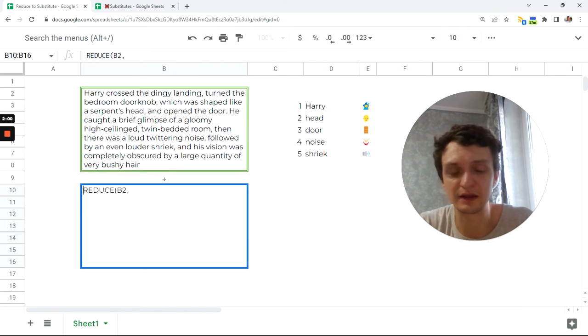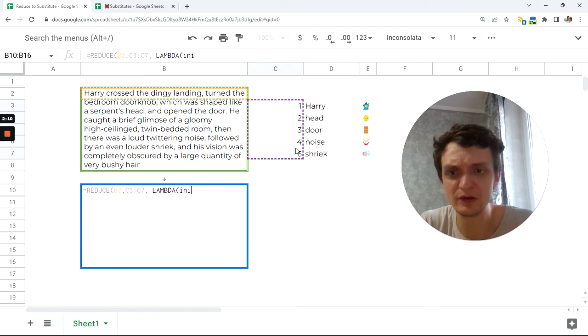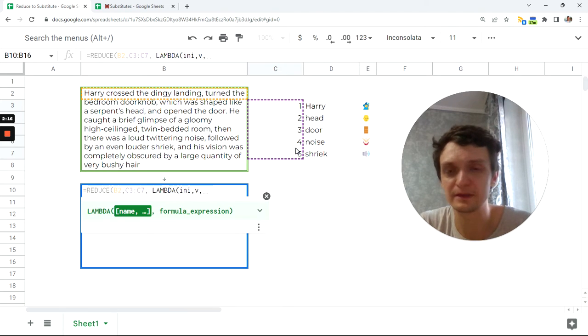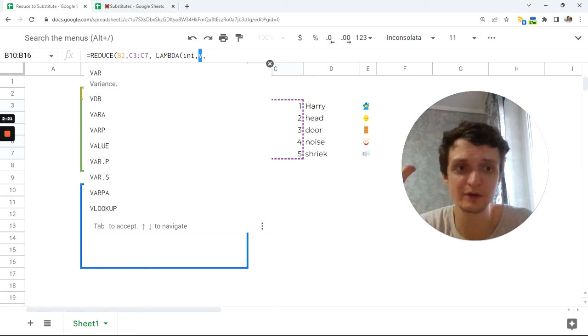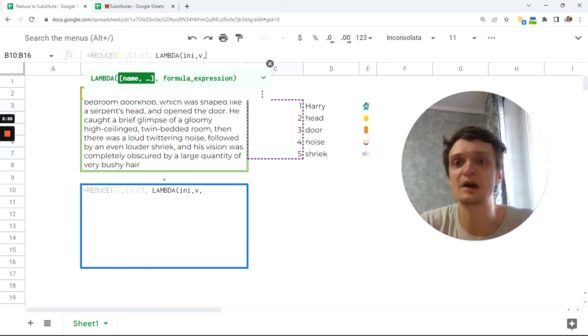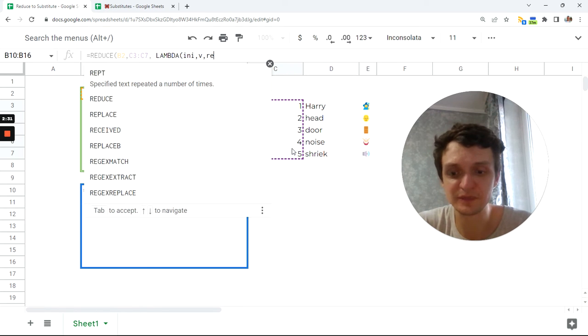Now I can continue my formula. I want to reduce these, and then LAMBDA goes. LAMBDA with initial value, and initial value will change in each loop, and with value I'll call it v. You can use almost any chars for your variable names, just like in programming. Next, my initial value will be this, and my value will be 1, 2, 3, 4, 5. And I want to reduce or substitute,